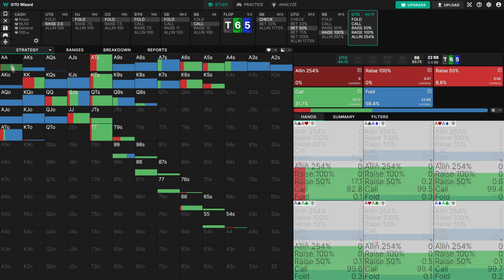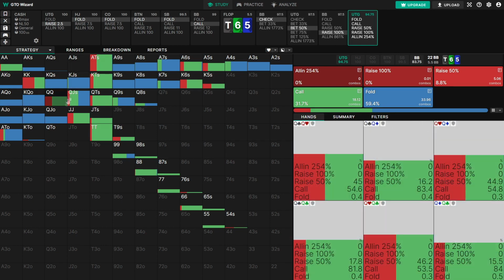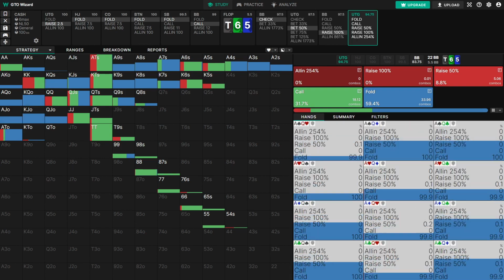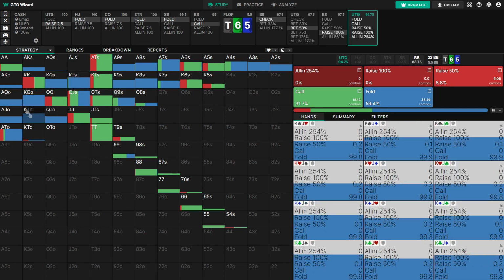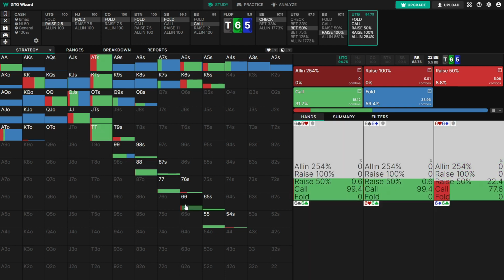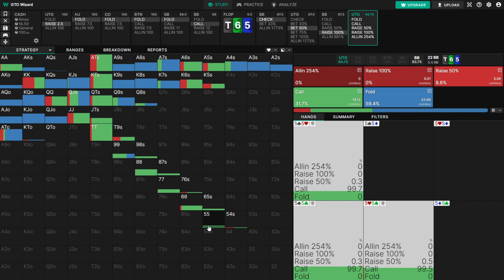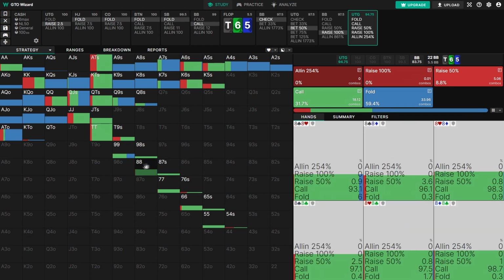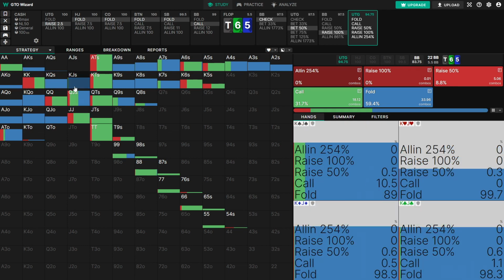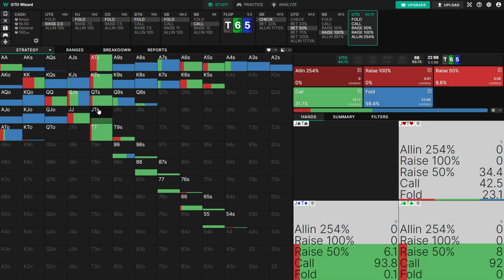This is what I thought was in his range. These types of hands are going to be the ones I'm getting folds from. The hands that are going to be calling, clearly the nutted hands like tens and sixes and fives, I'm drawing dead to, and he's never folding, so that doesn't really matter. But even queens and kings could call and then probably fold on a later street. So he did call,